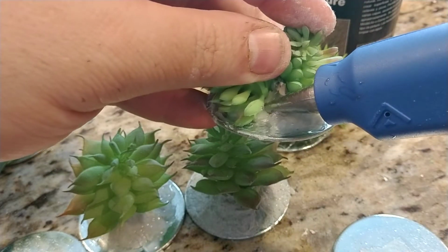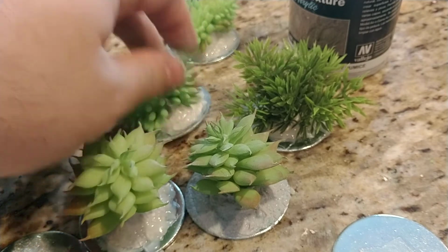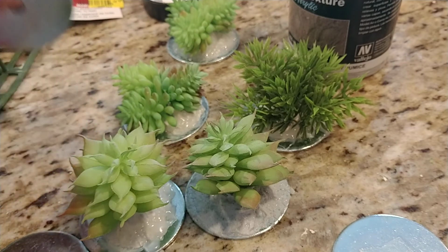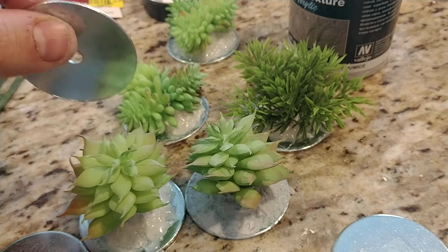I'm smoothing down here a little piece of hot glue that got a little crazy. It was sticking up just a little bit. But that's what I wanted to share with you today. You can get a whole bunch of ground coverage to match your existing terrain's basing style and your miniatures basing style. Like I like to have a consistent look with my miniatures for the most part in my basing,